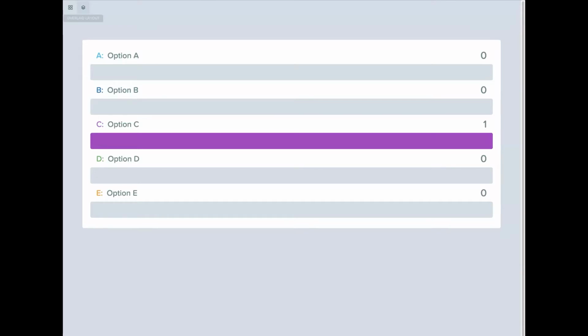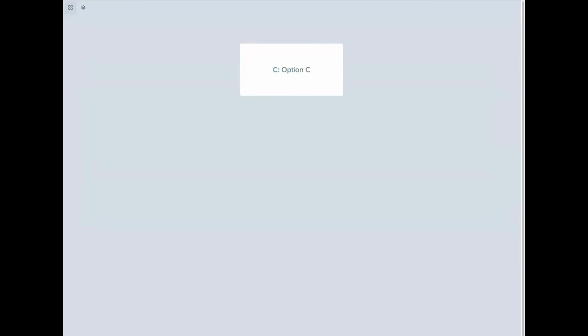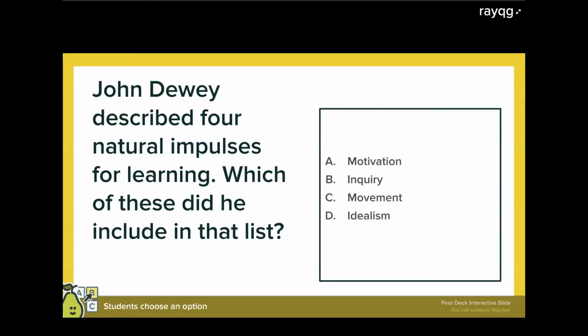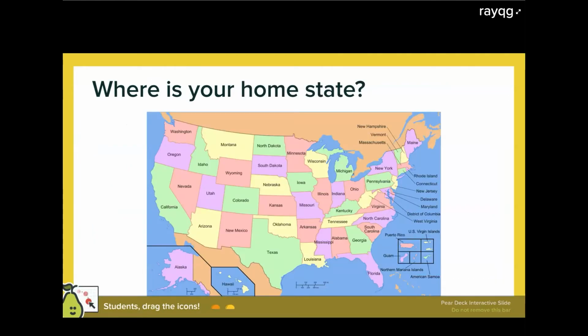This is the overlaid view, and this is the grid layout. So if I wanted to see just individually what students would respond, I could do that. If I want everybody joined together, then I'm going to use the overlaid response. I can click back on show responses, hide responses, and toggle back and forth, and then I can move on to the next question. And this is the where is your home state question, and I actually added another icon,